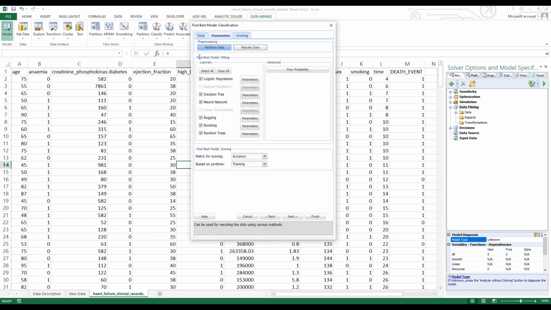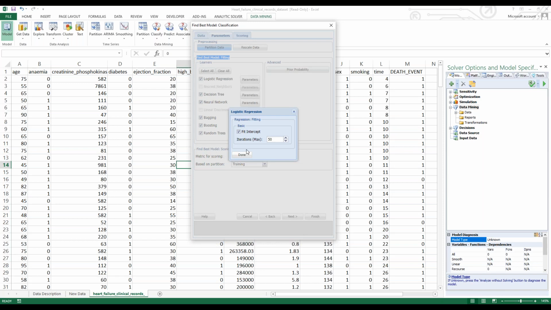You have find best model fitting options. You can select what kind of learners you want to use. So based on the data that we have, we can use logistic regression, decision tree, neural network, and also we are performing boosting algorithms. 3 different methods are available: bagging, boosting, and random trees, which is the ensembles of decision tree. And for an example, I just want to show you for each of the learners, you can select parameters,